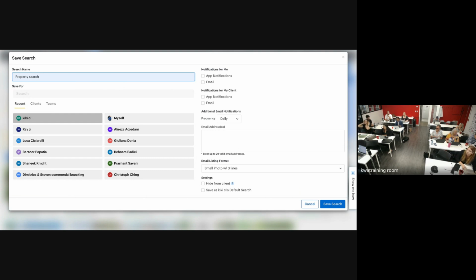So if they have 2, like, I want to see houses in Guildwood, I want to see houses in Vaughan, you can create save searches. You could say Guildwood search, Vaughan search, and just put that in the save search title. Right, and save for Kiki. Yes. Now I click, and under the frequency, you have daily and